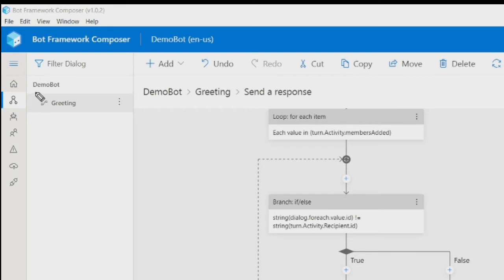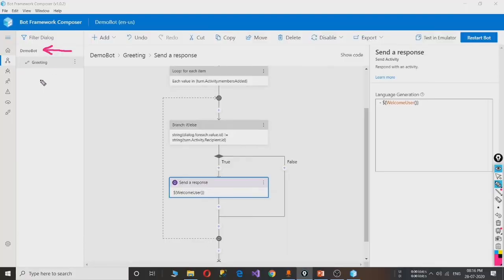In my case, as you can see, there is only one dialog, which is the main dialog. So if you want more actions that the bot will perform, you may create different dialogs. It is best practice to create a different dialog for different activities that the bot will perform. For any sophisticated chatbot, there may be 1000 dialogs that represent your bot. Clear?